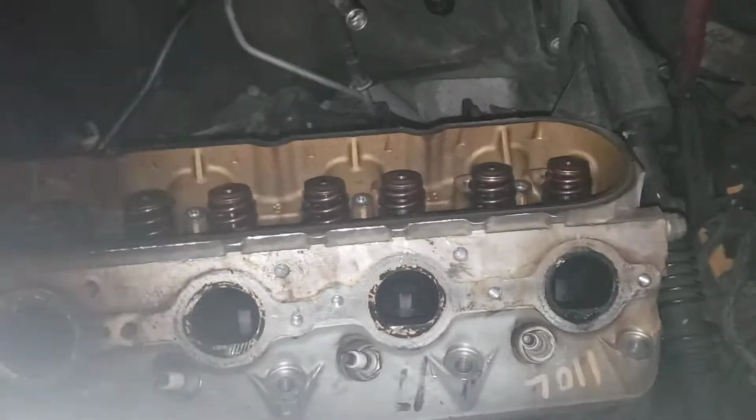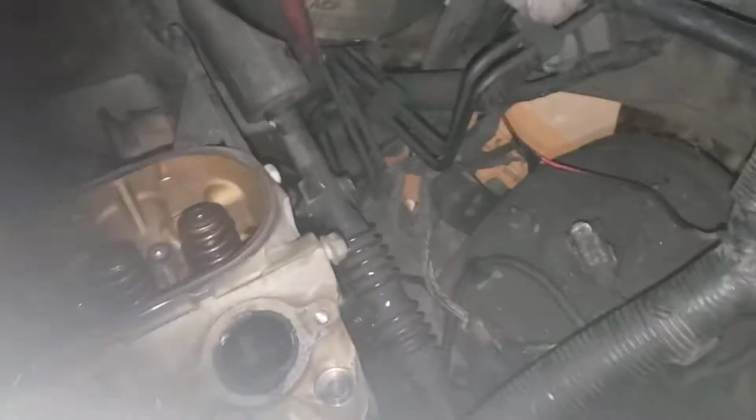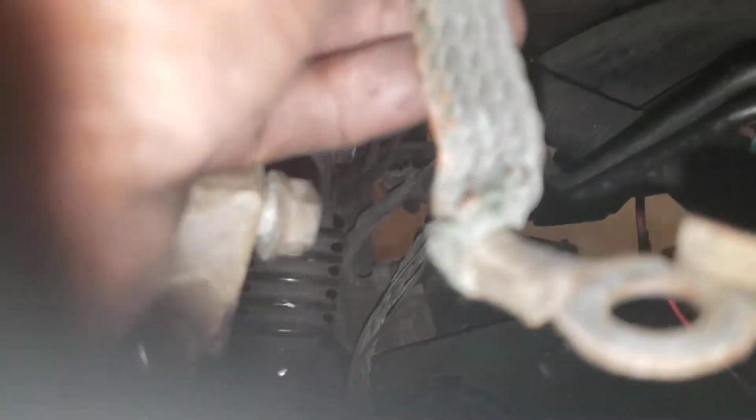So yeah, if you ever wanted to change out that ground strap for whatever reason, cause look at the ground strap, like it's seen some tough times, you know what I'm saying? So if you ever thought about it, obviously it's easier now, like this, because I got everything out, but yeah,